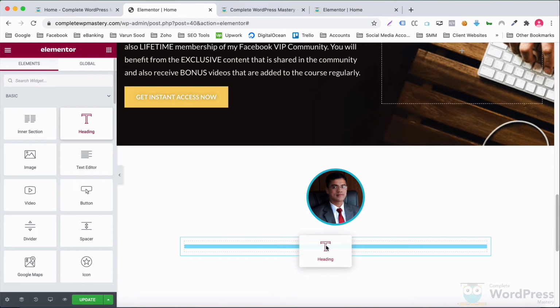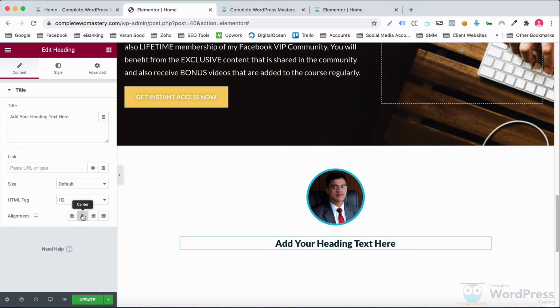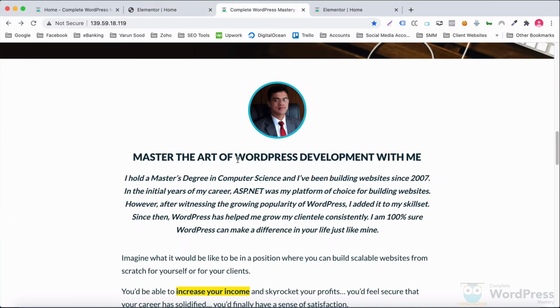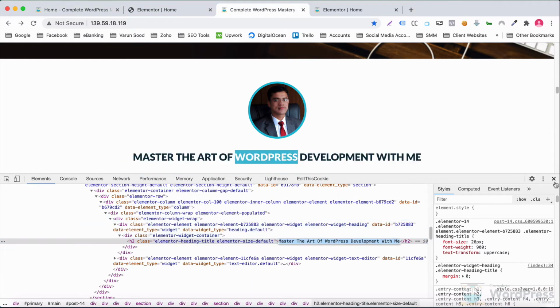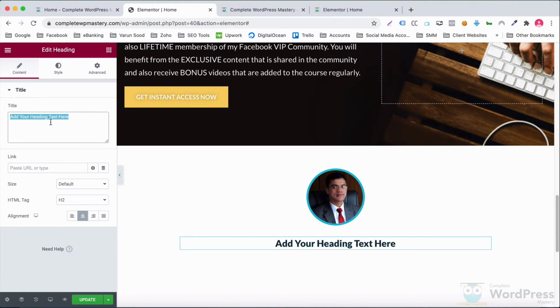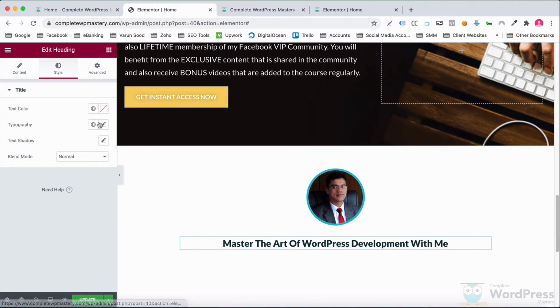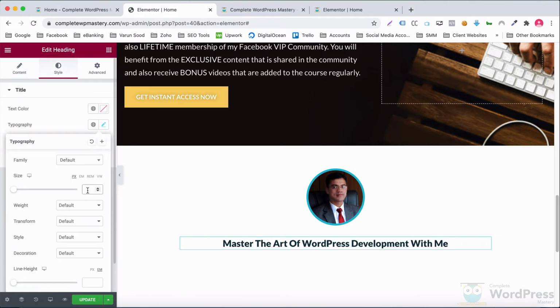I'll add an H2 heading inside it, center align it, have the text I want, and adjust the typography settings.